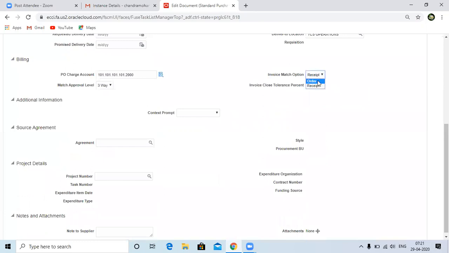So this is an expense item. Let's take it as order level with the matching option, and the matching level is two-way.